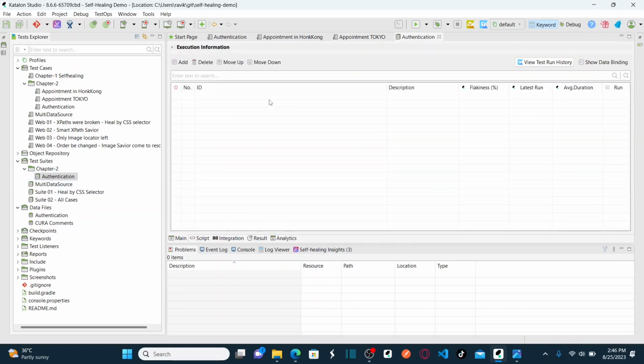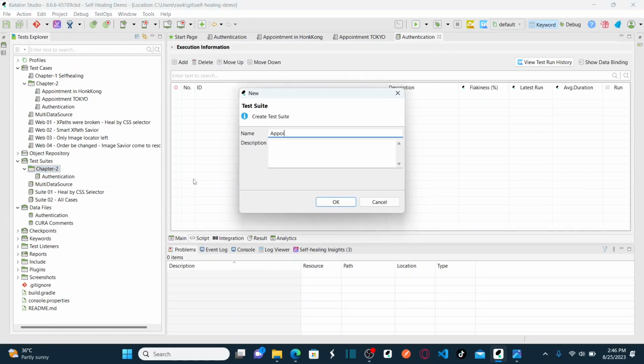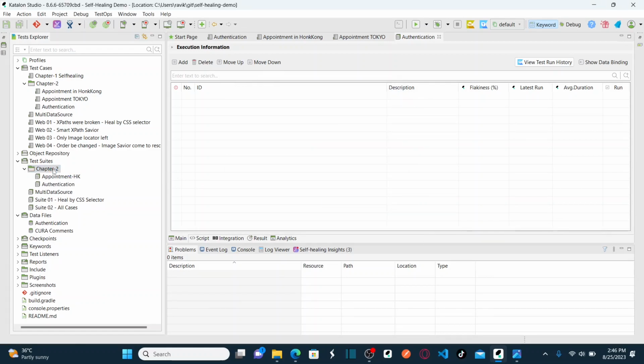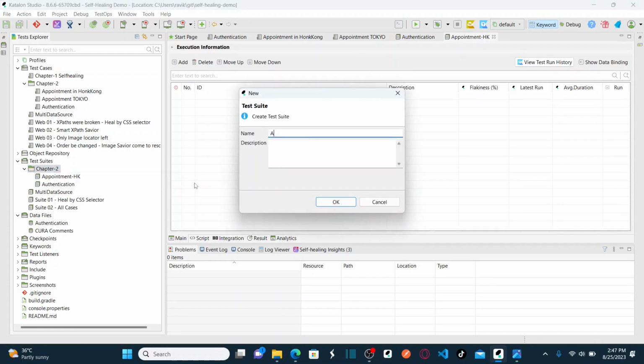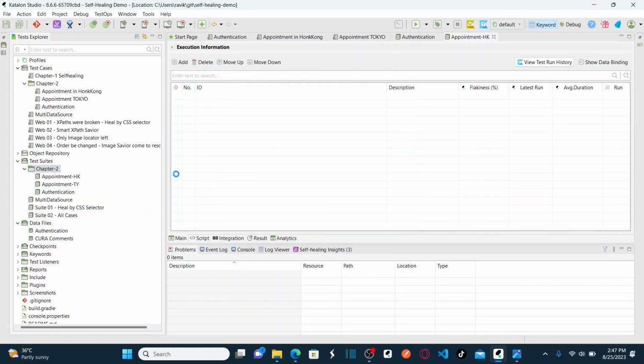So I created one test suite, and the second test suite is appointment HK, and then I'm going to create another test suite, appointment Tokyo. Okay. So even though these test suites, whatever the test suites I created, right, I'm going to add